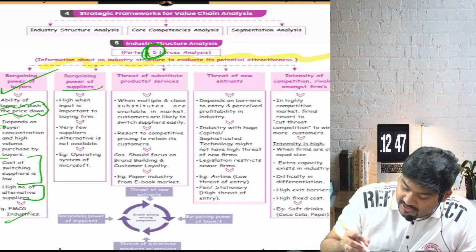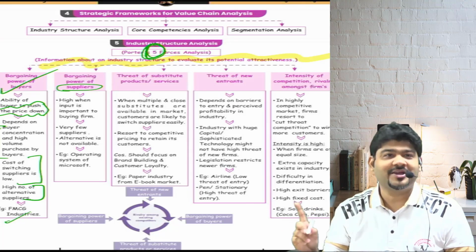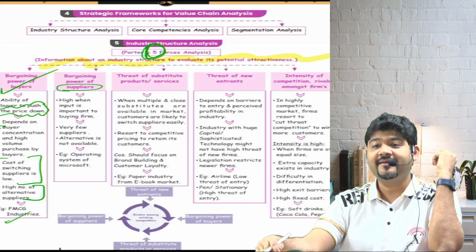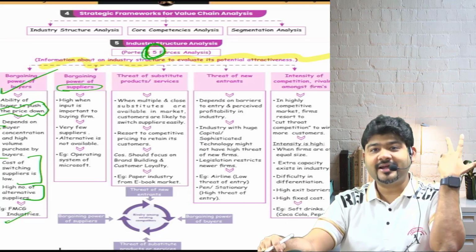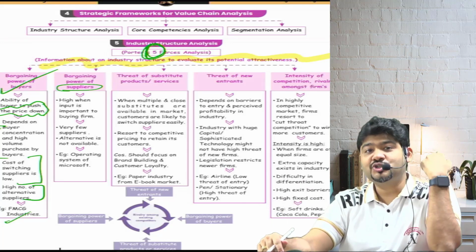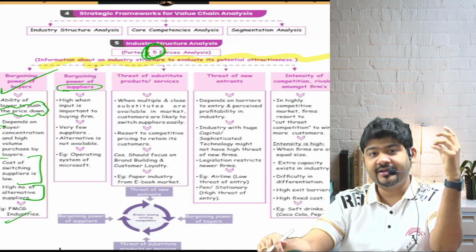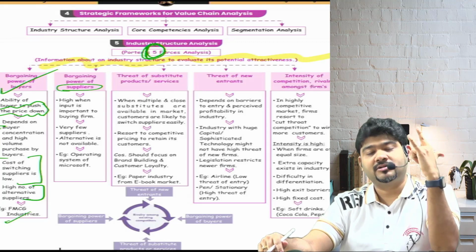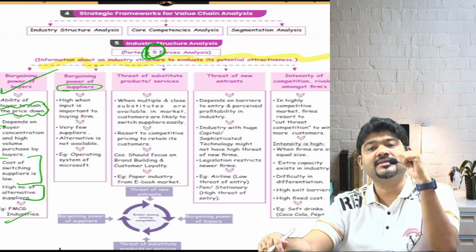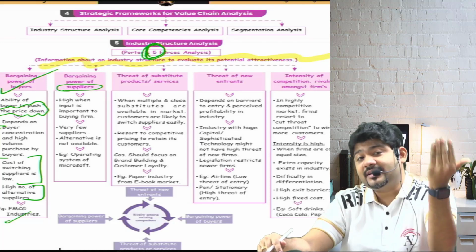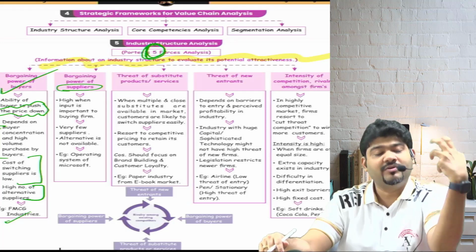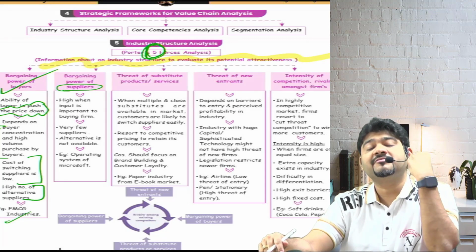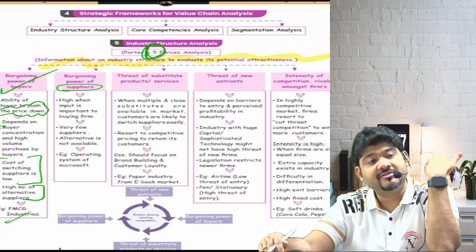Next is bargaining power of supplier. When will the bargaining power of supplier be high? I am the supplier. When will my bargaining power be high? Correct. In a monopoly market, when my product is so good or so differentiated that I do not have many competitors, my supplying power will be high. So you have to accept what price I am going to give. So if you are entering into a market in which you are introducing a unique product, then your bargaining power will be very high.